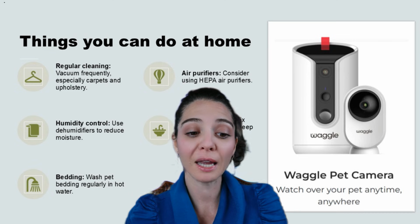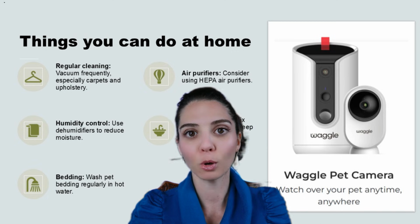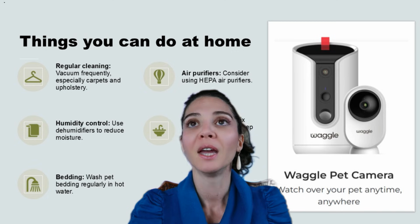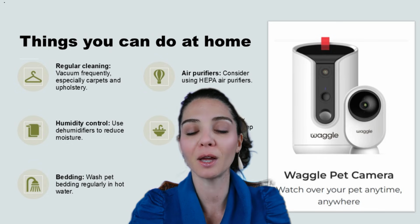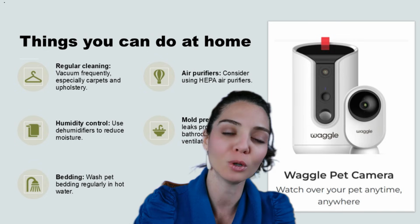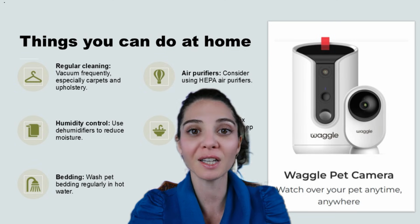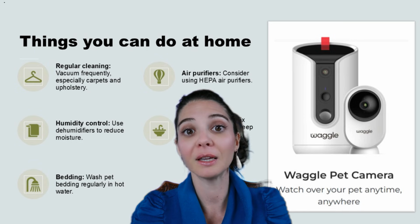So some of the things that you can do at home: regular cleaning and vacuuming, carpets and upholstery. Let's get that dander up. Let's remove some of those mold spores. Keep your home humidity controlled. So again, a lot of these things will populate in the humidity, and it's one of those Goldilocks situations. If we dry it out too much, we're going to have some irritation. If we keep it too humid, we're going to get that dust mite and mold growth. And so finding it just right can be a challenge, but it really can help keep some of the allergens